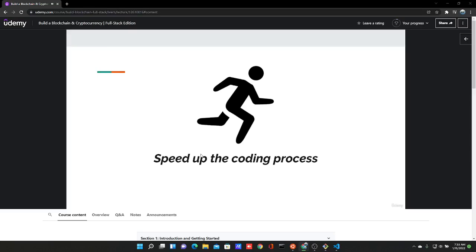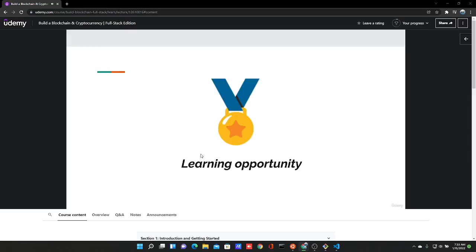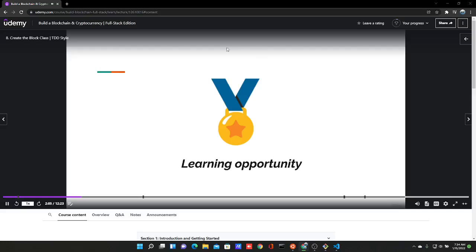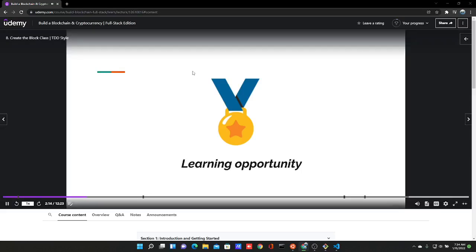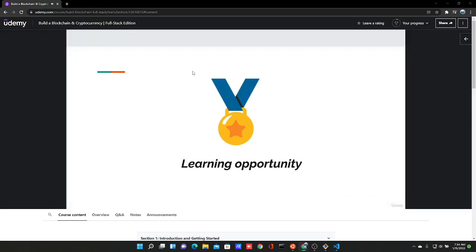And the third reason, and the most important one, is that test-driven development will give you, as a student, an opportunity to apply your knowledge and the concepts you learn without always seeing the actual code and logic first. Meaning, once the tests are written down, the implementation can completely be up to you. As long as you get the test to pass, you can be sure that your code supports the relevant feature